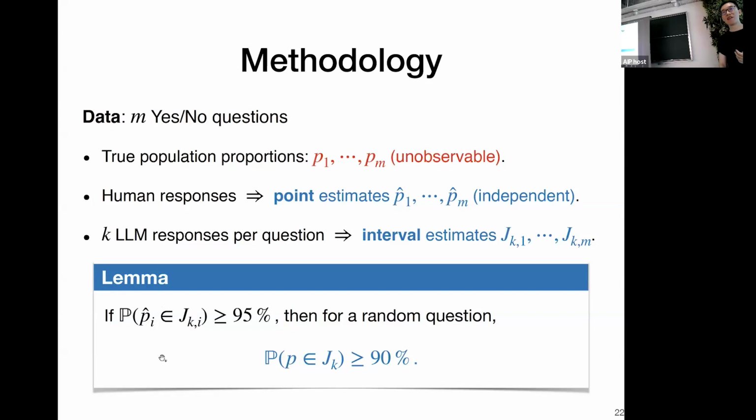So do we need some assumption on the number of humans? Great question. Magically, we don't. That's the most interesting part, because in practice, in the data set we collected, the human responses are very heterogeneous. There are hundreds of questions, but some questions only have dozens of people who responded. Some questions have thousands of people who responded. So these point estimates, P1 through Pm, are very noisy. They even have different variabilities.